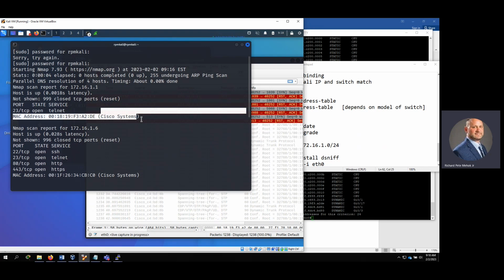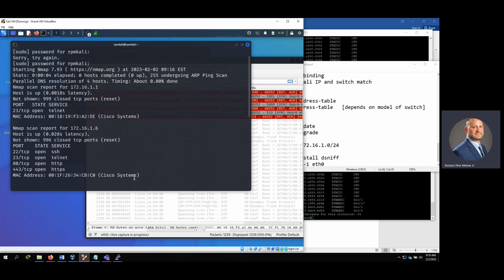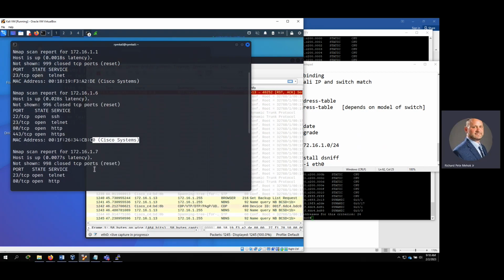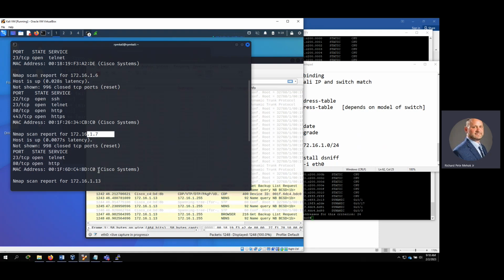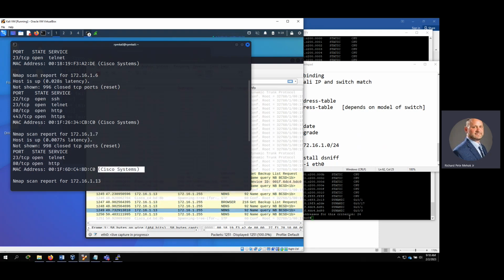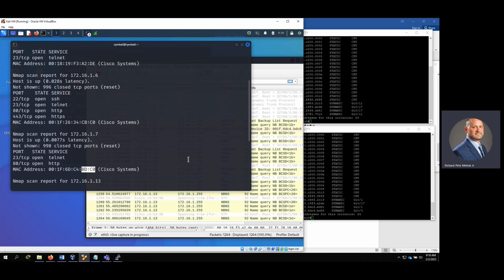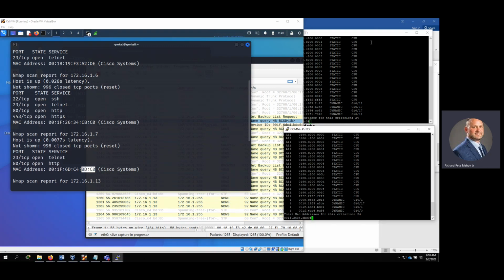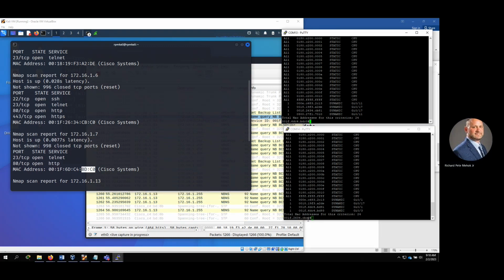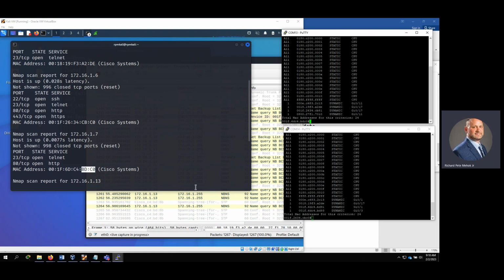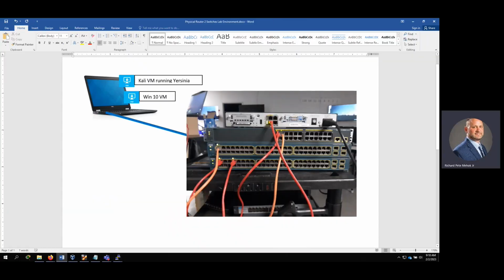And you can see there's a Cisco systems with the MAC address. So if we go down to the next one, .7, once again, it's a Cisco switch. And you see that I named the switch as the MAC address. So if you match up the MAC address here, BDC0, it should be one of these right here. So 7 is this one, and we can verify that